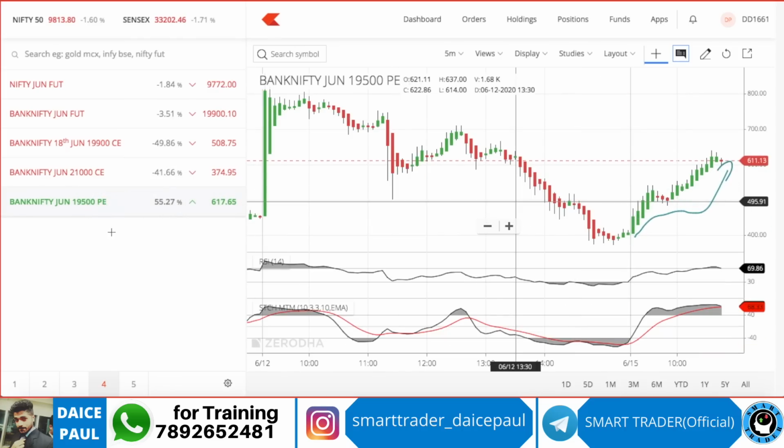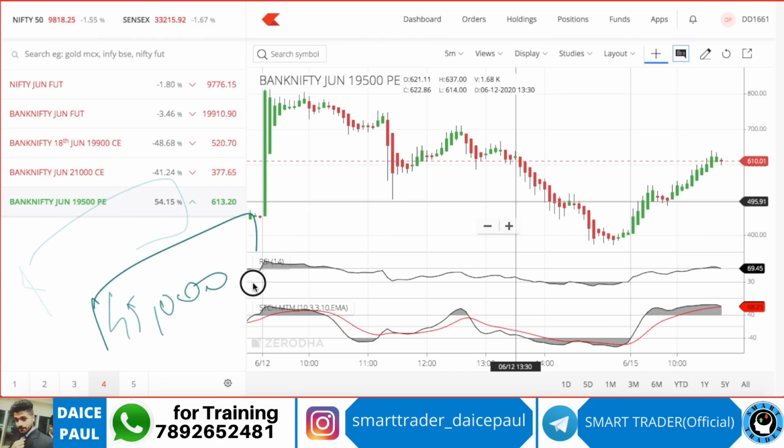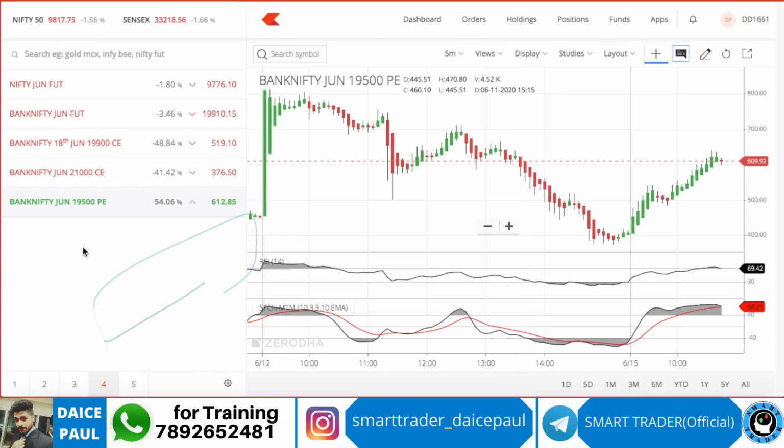So if the market is falling, we try to scalp by buying put options. If the market is going up, we scalp in call options. Buying needs less money, like I showed you. Selling needs more money. Therefore buying is more recommended because it takes very little money. For example, if you put in 10,000 rupees, you risk only 10,000 rupees, but on the sell side you put in 45,000 rupees, so you risk more money in selling. If you are holding options, there's a different logic to it, but I'm talking about intraday.